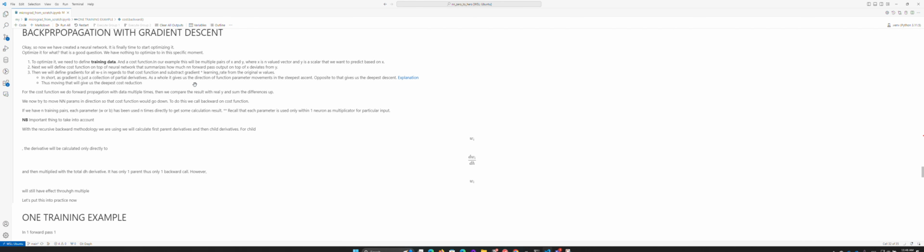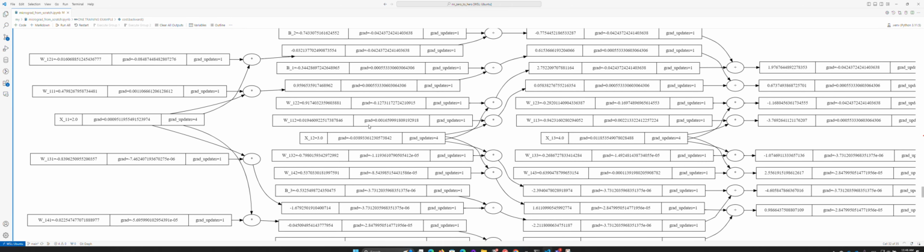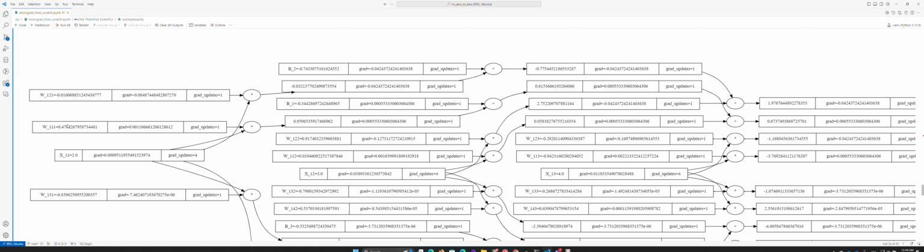Also inside the neural network, I've made sure that the parameters would have labels on them. So here you can see one training example in the neural network shown. And here we've also already done the backward call. And you can see that for x11, so this is